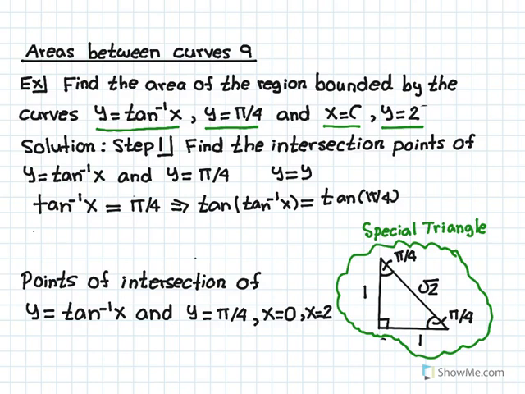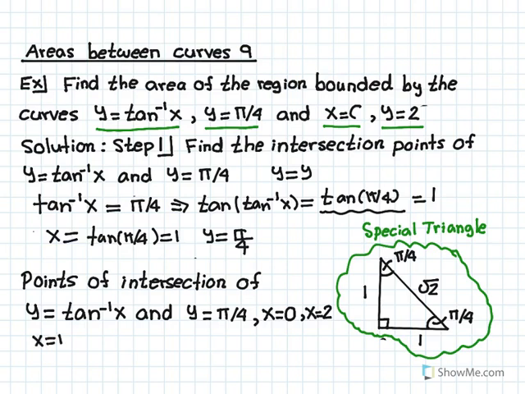Now tan and arctan cancel out and we get x is equal to, what is tangent of pi over 4? From the special triangle, tangent of 45 degrees is opposite over adjacent, is 1 over 1, is just 1. So we get x is equal to tangent of pi over 4, and that's equal to 1. Y is equal to pi over 4. So the intersection point is x equals 1, y equals pi over 4, but there's another intersection point we have